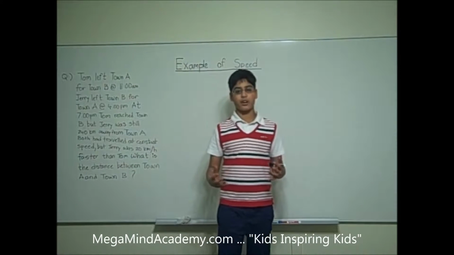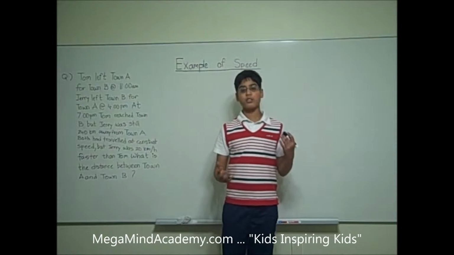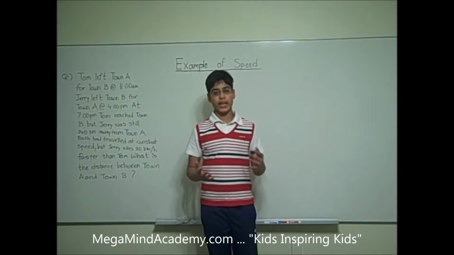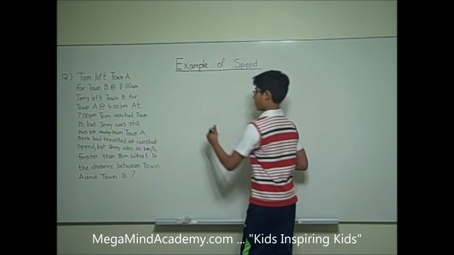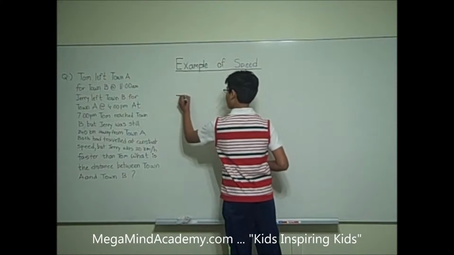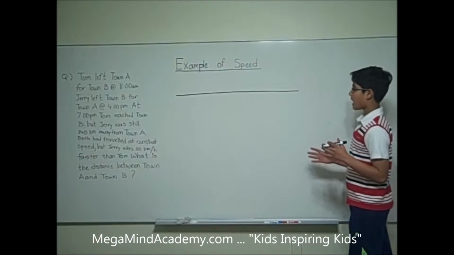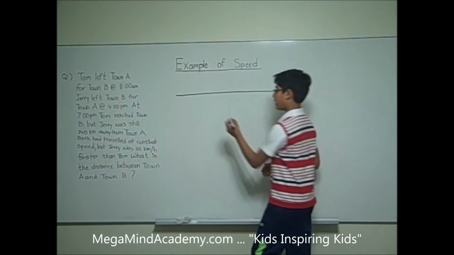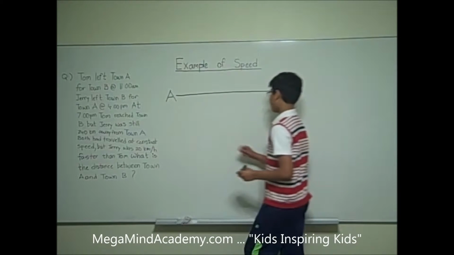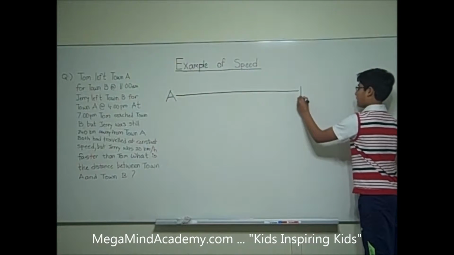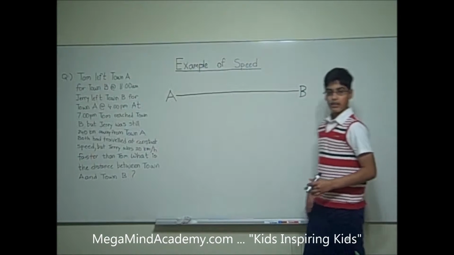Let's first draw the road that both Tom and Jerry are on. It is also the road that connects town A and town B. This is the road that connects town A and town B. Here is town A, A for town A, and here is town B, B for town B. Now,